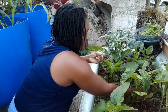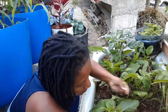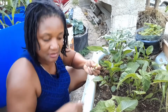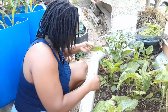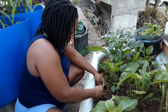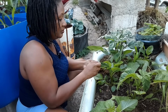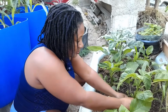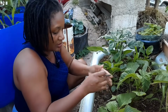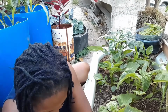Where did I put my stick? Oh. When these start growing, then I'll know exactly which lettuce it is. I really don't remember the names. Okay,